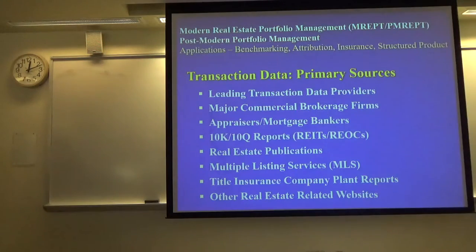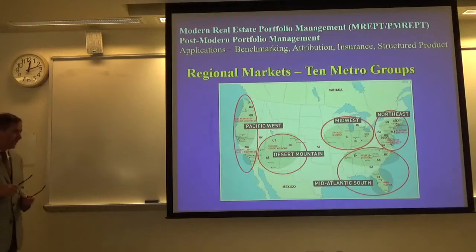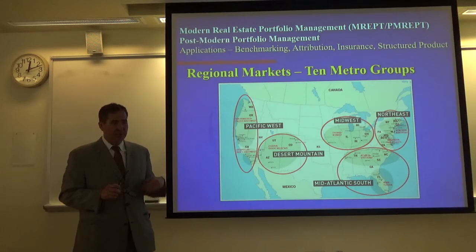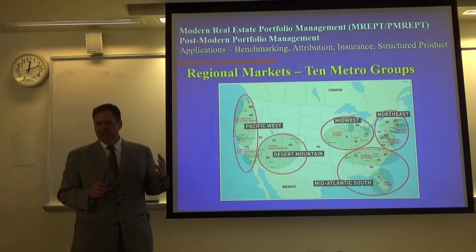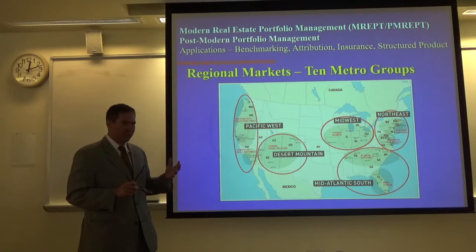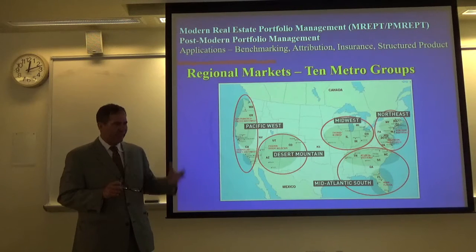So the transaction data, we were able to pull data, we bought data from appraisers, we bought them from data publishers, we pulled it from as many sources as we could and built a data warehouse out of it with all the factors. Commercial real estate transactions are very thin. They're nothing like the hundreds of thousands of transactions that occur in the single-family housing market. So we were running into basically sampling problems, because we just didn't get enough samples.